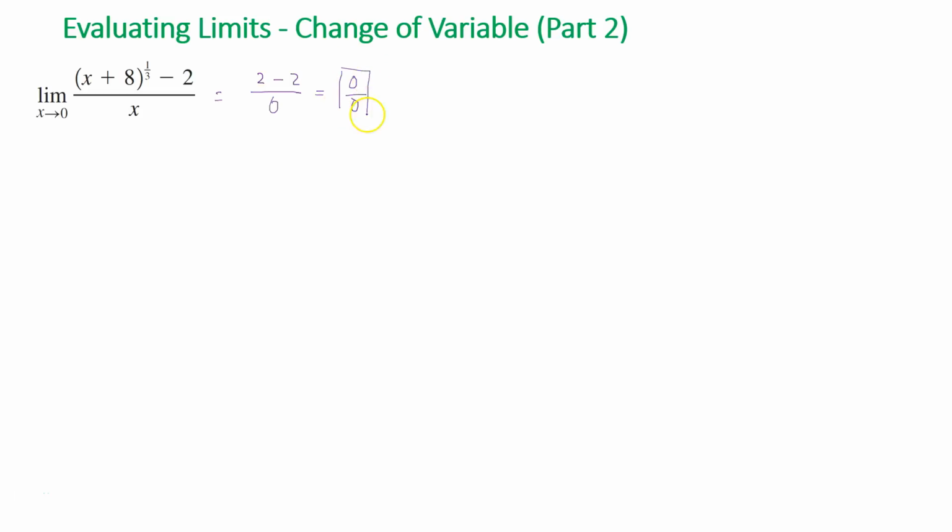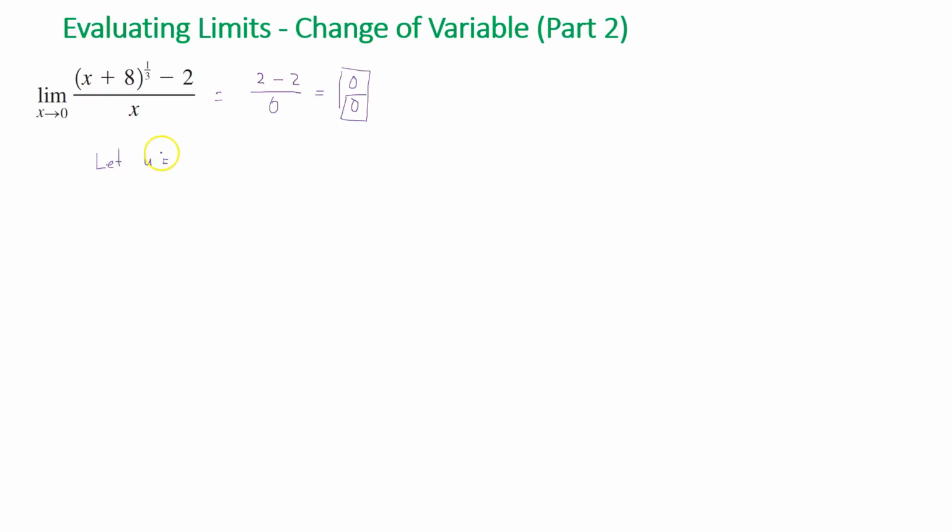In calculus, this is known as the indeterminate form. Whenever you get 0 over 0, it basically tells you that you can't use direct substitution in order to evaluate the limit, and you're going to have to use a different technique. As in the previous video, I'm going to use the change of variable technique. And so I'm going to start by letting u